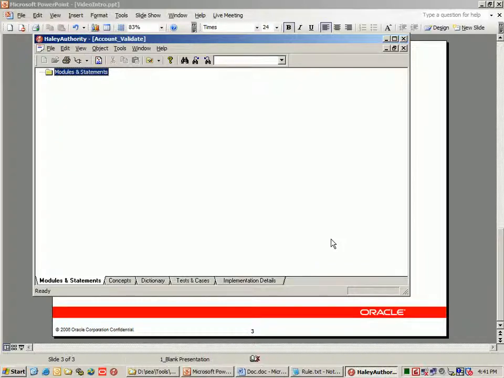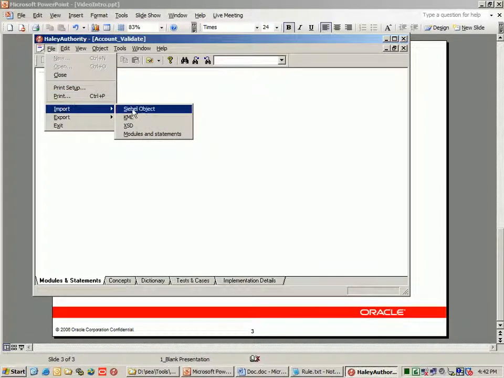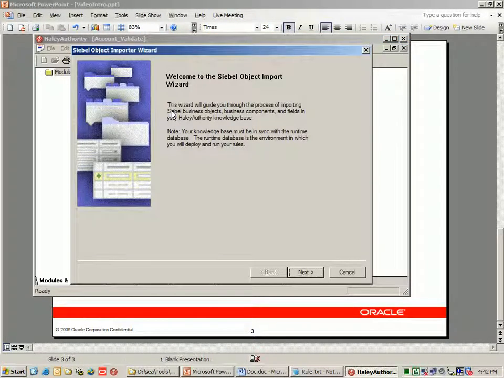Now the first thing that we're going to need to do is to import objects from Siebel that we're going to use to create the rules against. So we can bring in some business component field information now. If we need to add more, you can always pull in more later. So let's, for instance, say the first step we'll do is we'll say import Siebel object, and